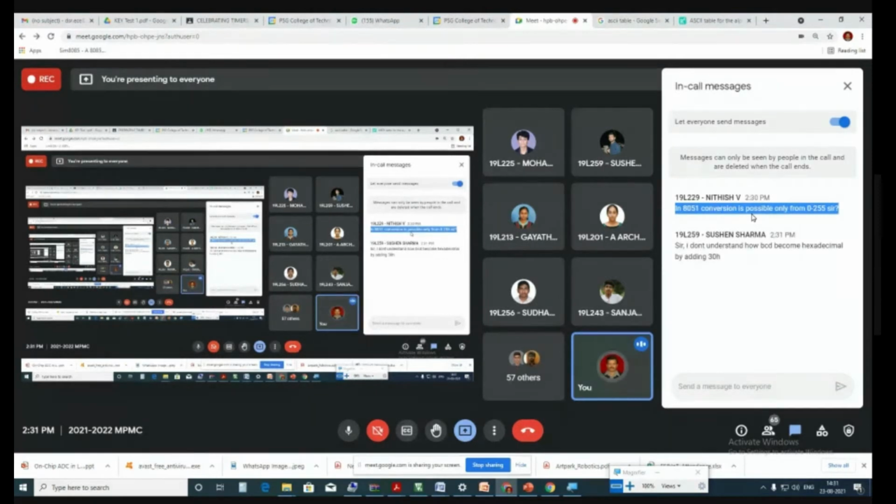Hope I answered your question, Nitish. And through Nitish, the remaining 60 of us have understood, right? There is a possibility for us to convert not only ones, tens, hundreds, you can extend up to thousands, 10,000, lakh, 10 lakh, etc. But here we are getting the value from port 1, hence the maximum value is 255. That is why it is done like that. Okay. Got it, Nitish? Very nice.